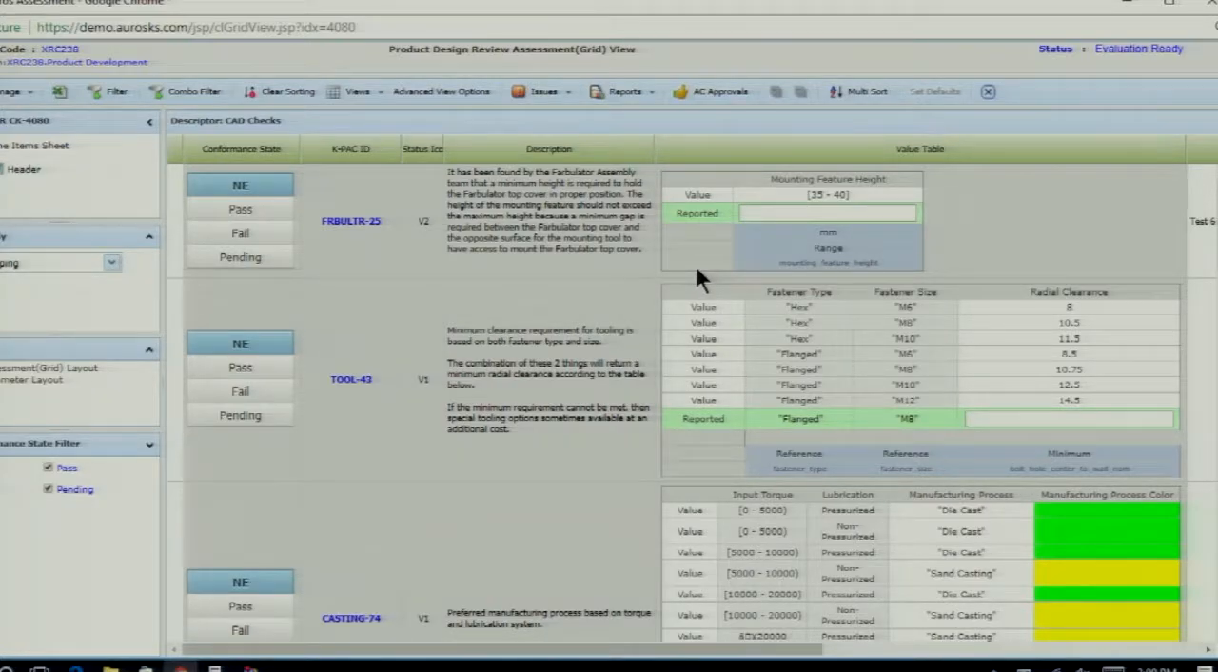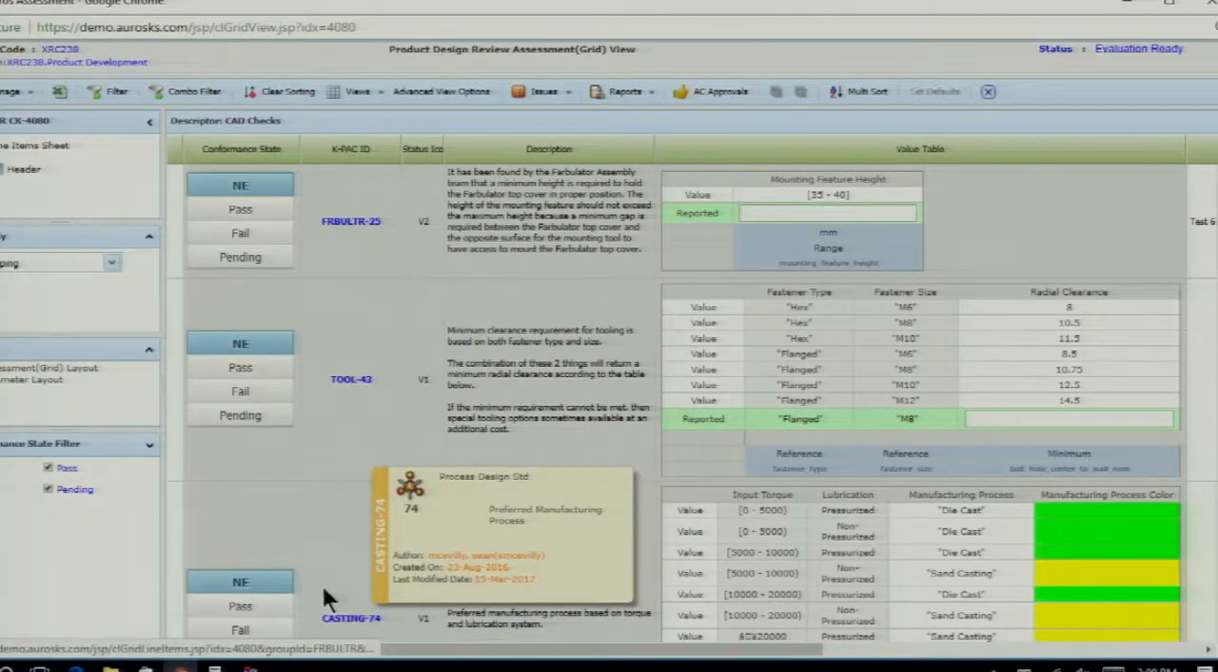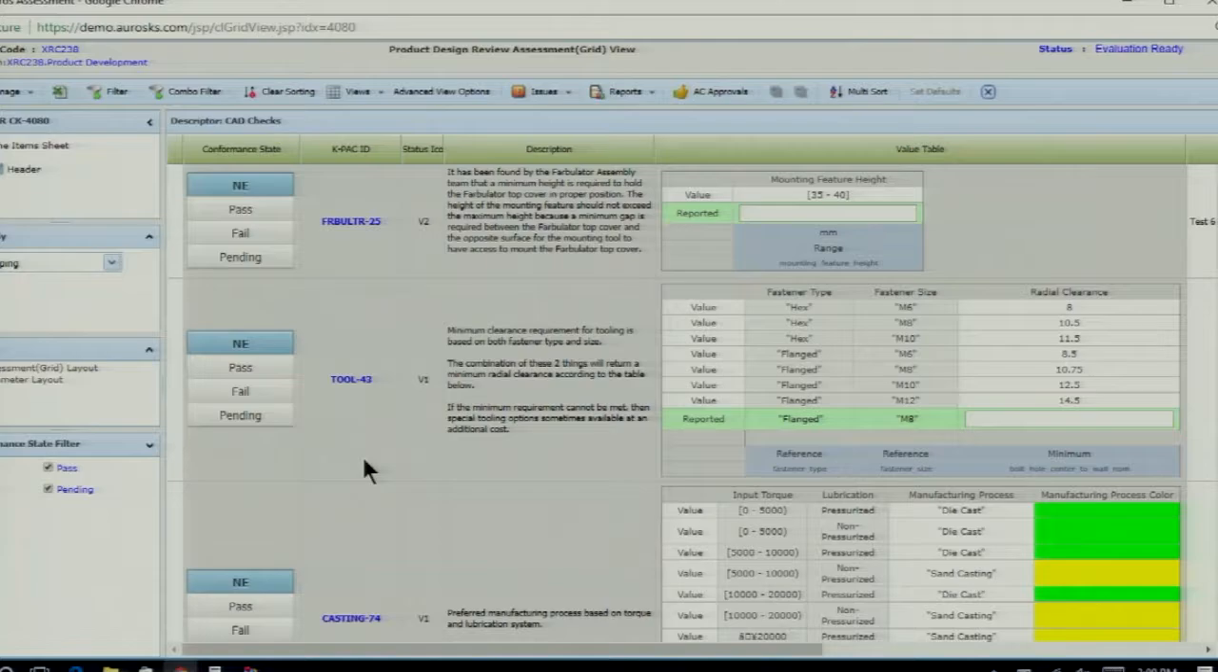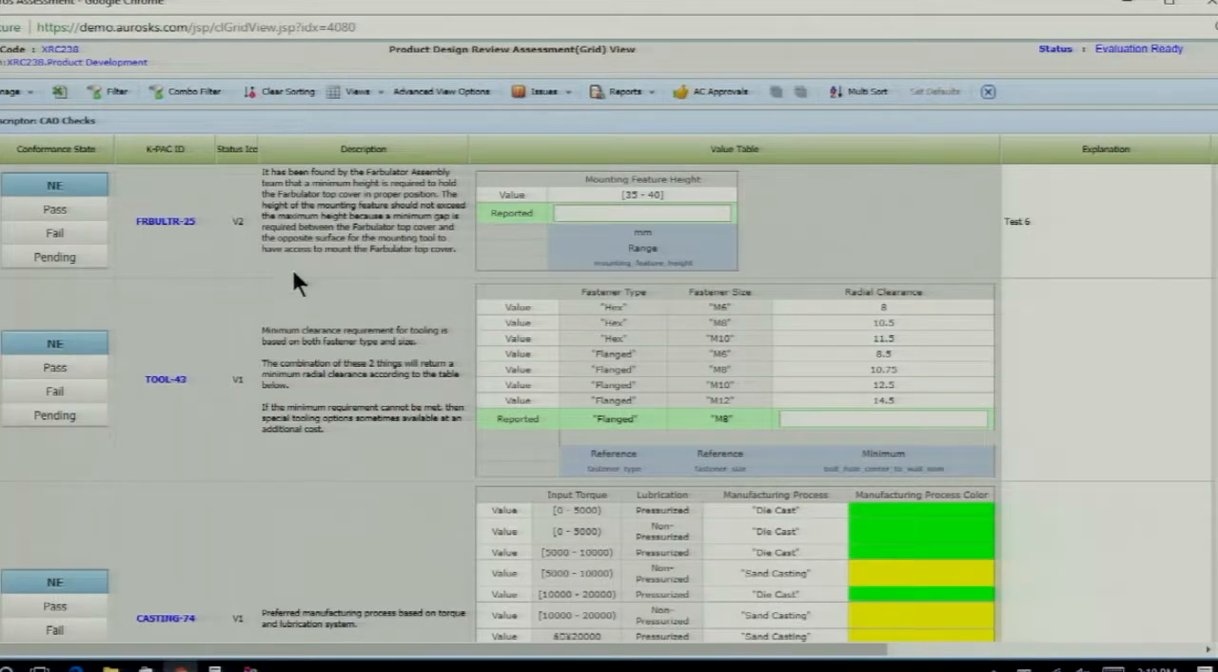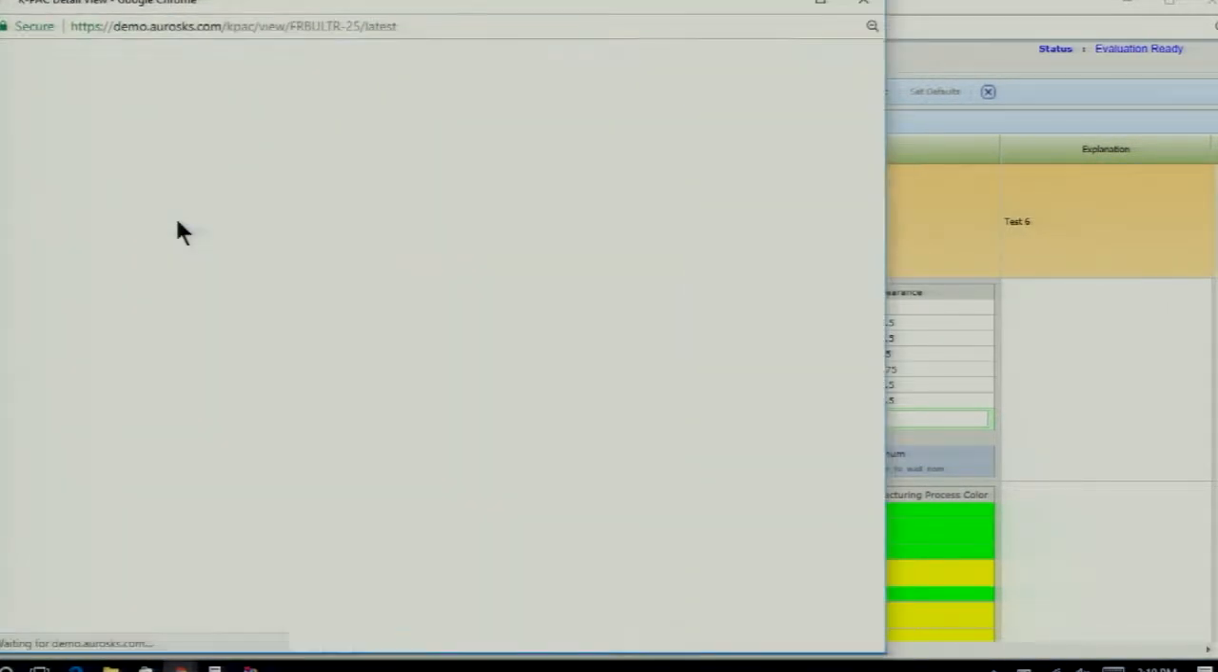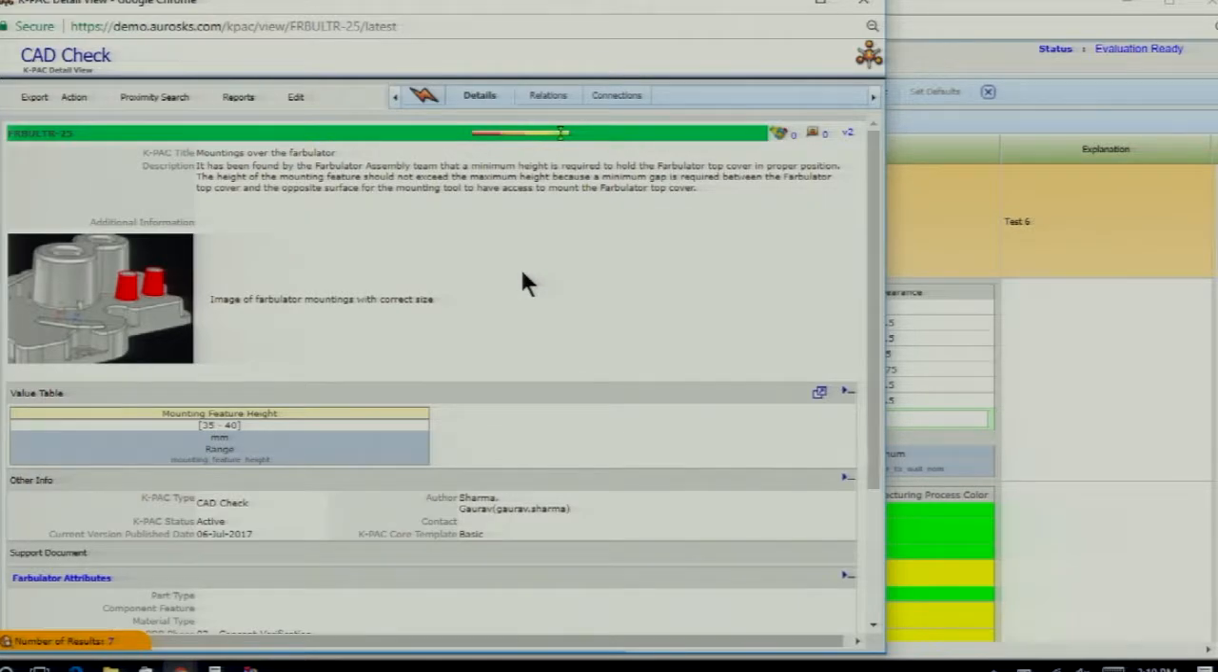Alt-tab. And we can see within this product design review assessment, there's a variety of different KPIs here. Some come from the design community, some from tooling, some from casting. Each one of these is published and made active using the review and approval processes that are pre-configured within those communities of practice. Some of these are evaluated with an interface to the CAD model, and some of these are evaluated manually based on other aspects of the design. But we're going to take a closer look at this one KPI, Farbulator 25, as it's integrated in with our